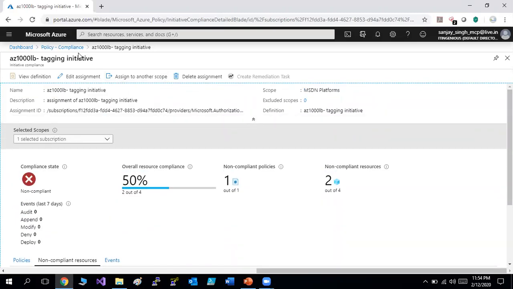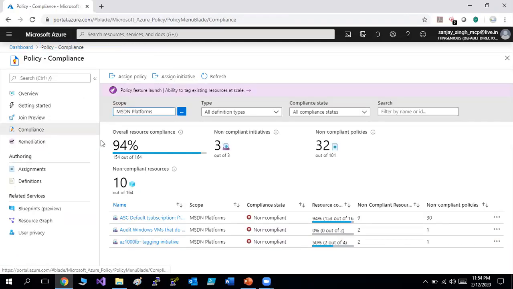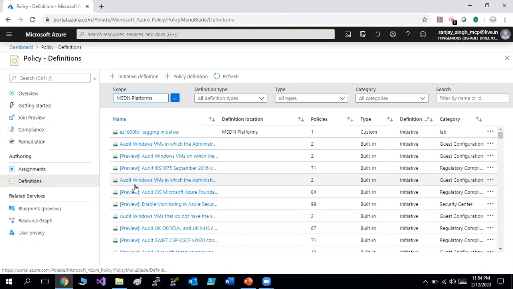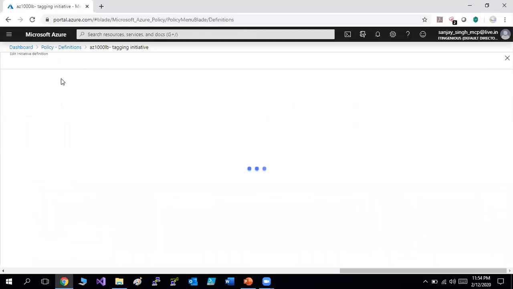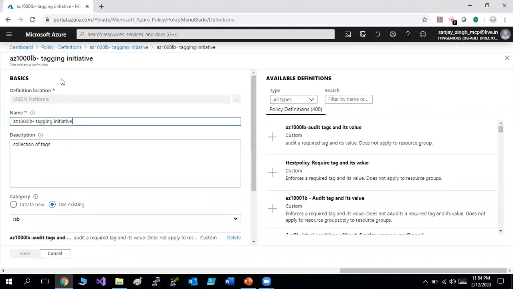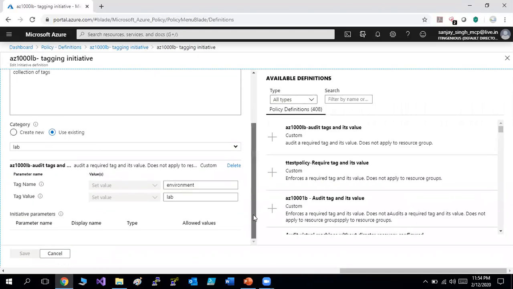Okay, correct. Now what we want is to enforce a policy so that the users who are deploying their resources have to use a tag. Correct. So for that, just move to the definitions tab again. If you remember, we have created a policy definition. So click on it, and there is an option, edit initiative. So what I'm going to do is add. If you see, there's already a policy for auditing, correct? I'm going to add one more policy